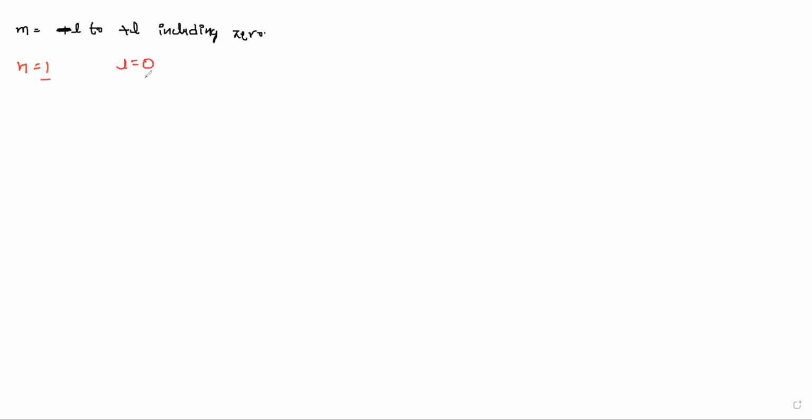If L is equal to 0, the m value is also 0 only, because minus 0 to plus 0 is just 0. This is the S subshell, and obviously this is the S orbital. Now if you take n is equal to 2, the second shell,